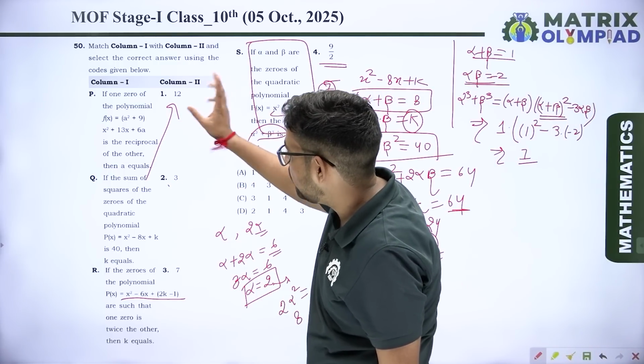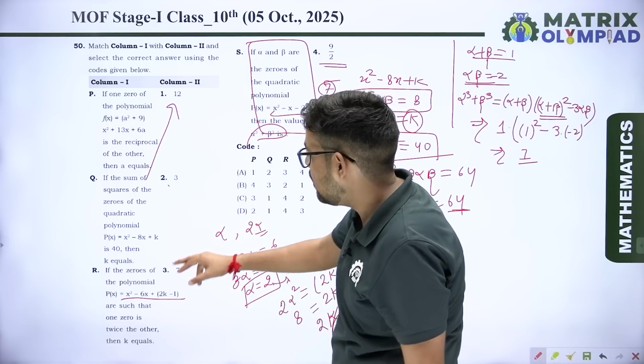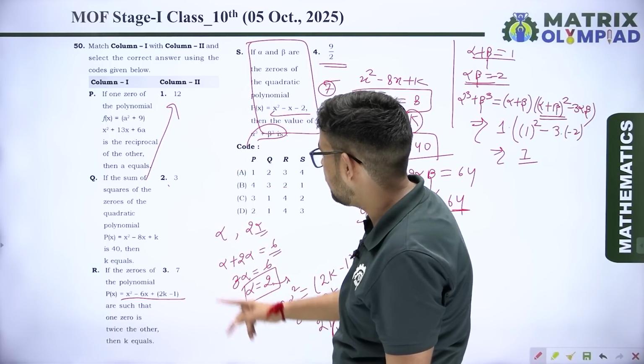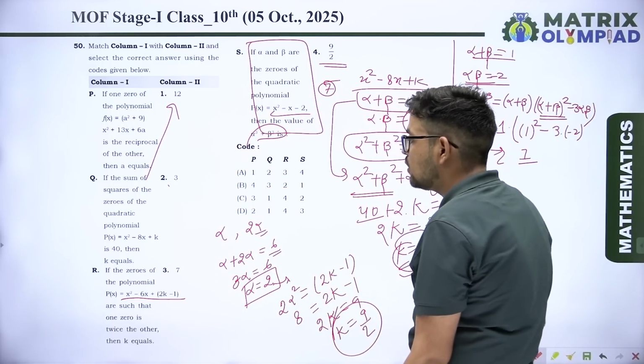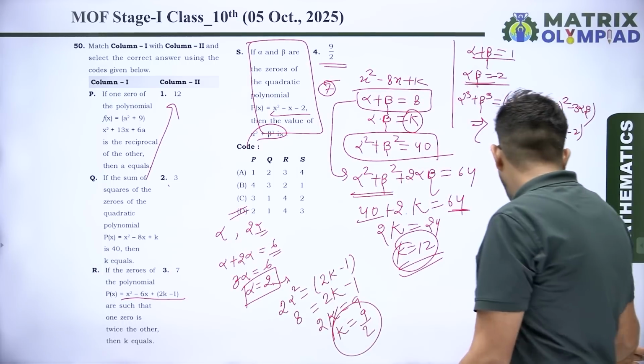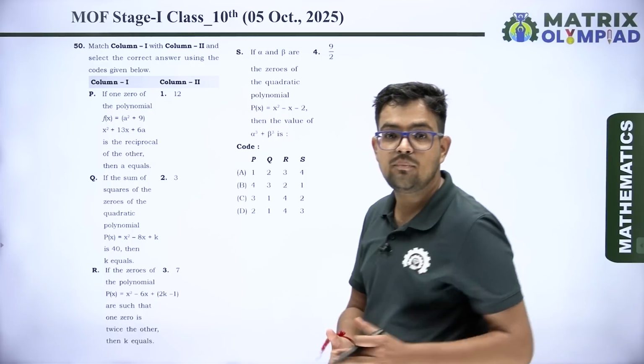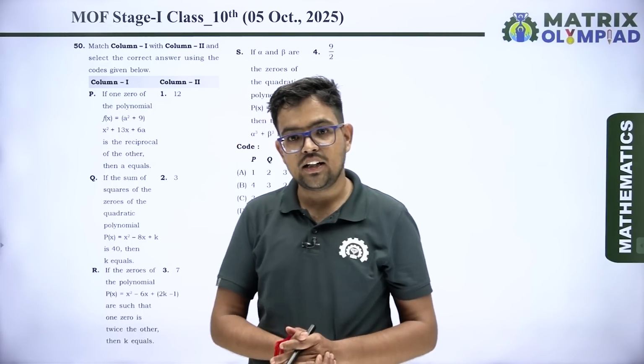तो S का 7 आ गया, तो यानी P का 2 आ गया, Q का 1 आ गया, R का 4 आ गया और S का 3 आ गया। तो इसका आंसर हो गया 2143।